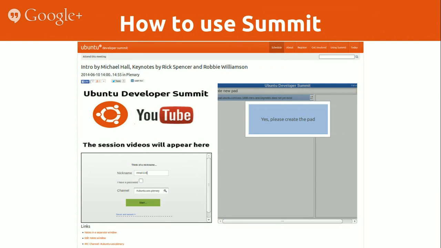The sessions themselves will each have a page. Sessions are 1 hour long, and there are 5-minute breaks between each one. Each session page will have several things embedded in it. It'll have the video. Most of you are probably watching on a page similar to this right now. With the video in the top left corner, there's an embedded IRC below it that will point to the correct